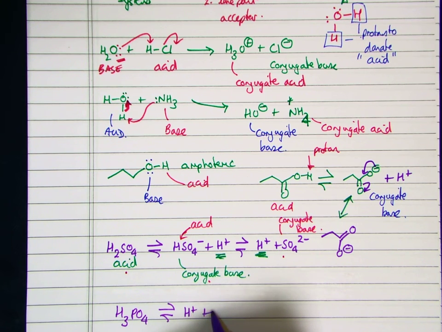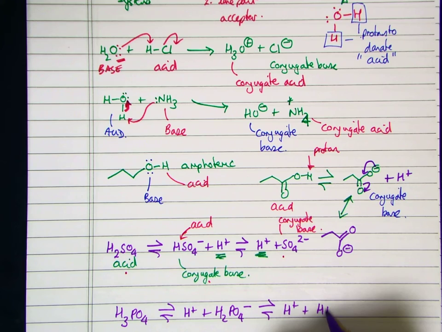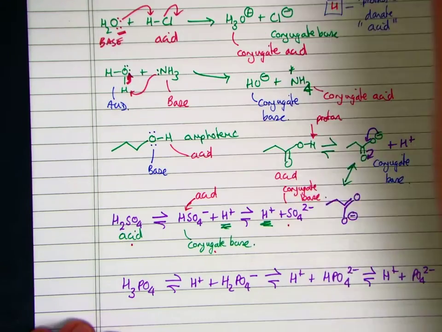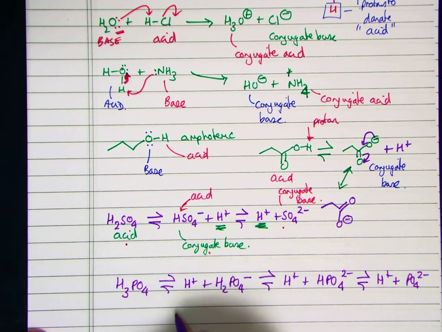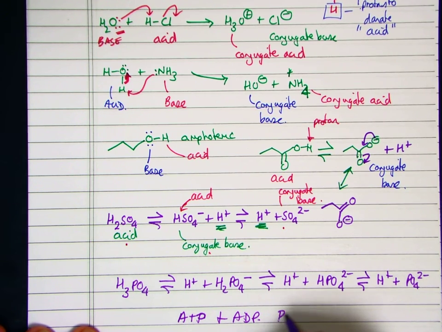We've got this plus H2PO4-, which is in equilibrium to give us H+ plus HPO4 2-, which is in equilibrium to give us H+ plus PO4 3-. So again, this is important in its relationship with ATP and ADP, as we have liberated